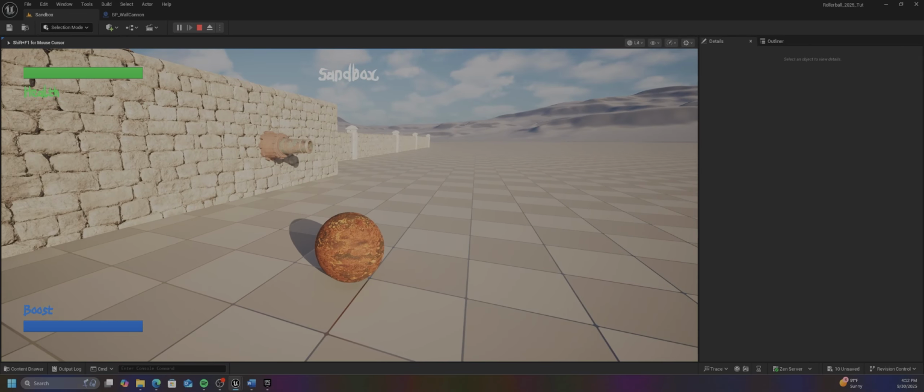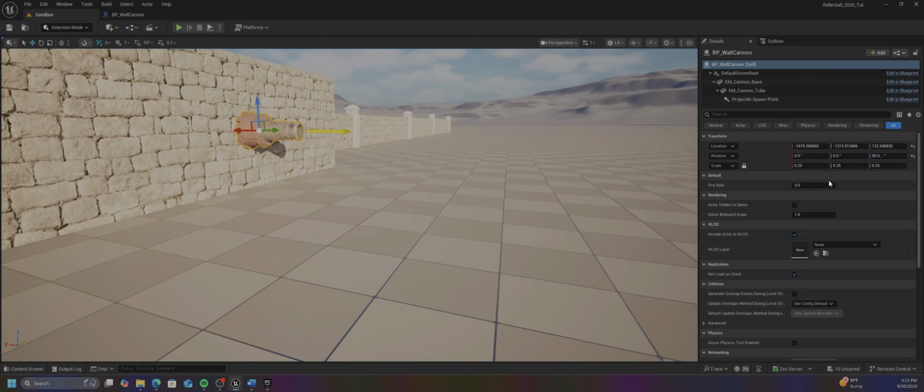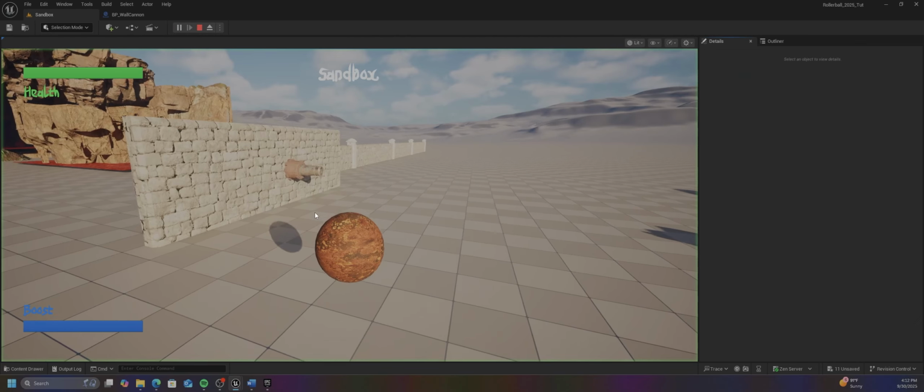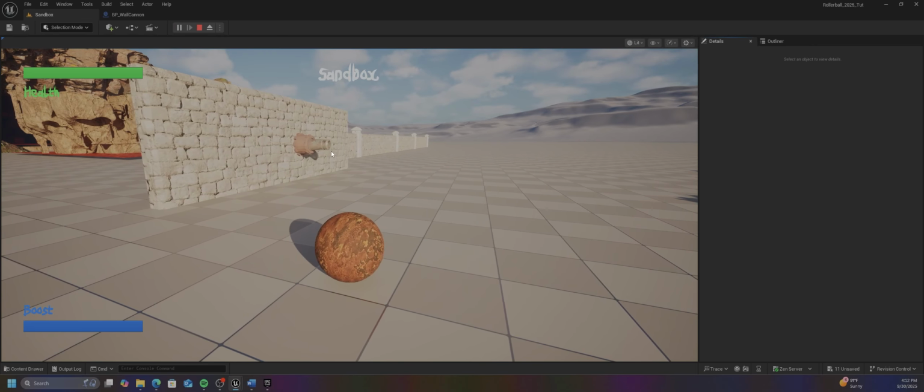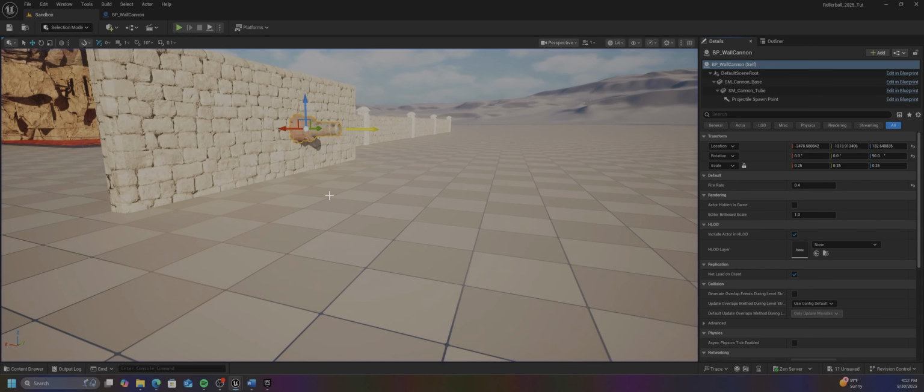should move based off of whatever the time is, and it should keep moving. So you can change the fire rate right here. So say we wanted to see it go a little faster, and we know that 0.4 is how long it takes to do the full movement. So we shouldn't go below 0.4. And now it kind of looks like it's a machine gun. Okay, so